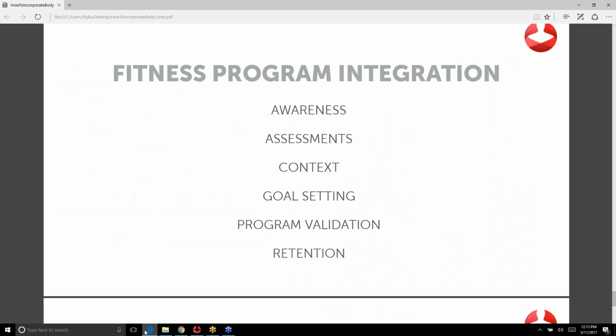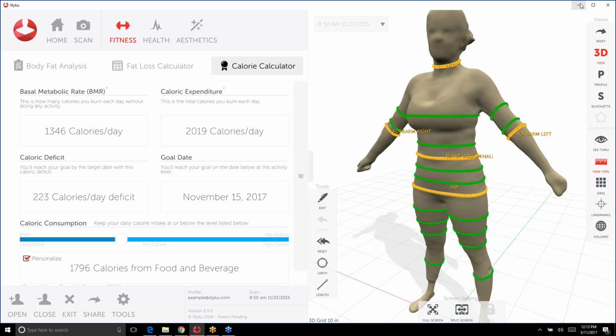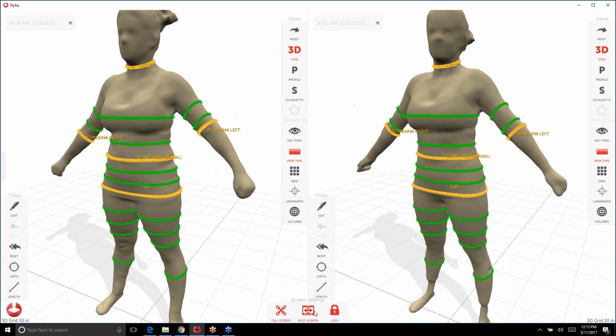And the last thing, of course, was the idea around program validation. I won't talk too much about retention here, but program validation is they come back and we want to show them that they actually made progress. So I'll show you how we do that at Styku. Let's say she came back. The scan I was showing you was actually her last scan, but 7 weeks before that, she'd done a scan. And turning off the tape measure here,